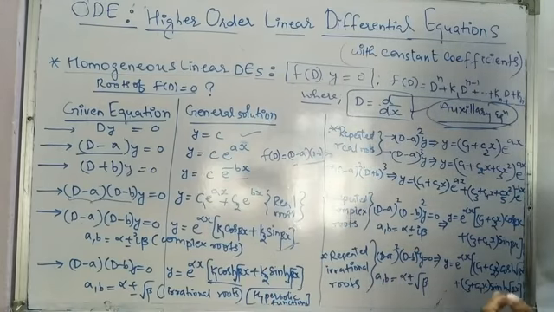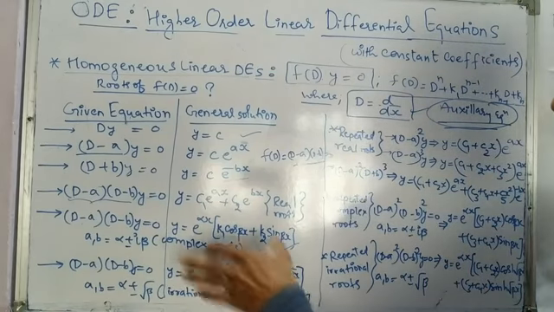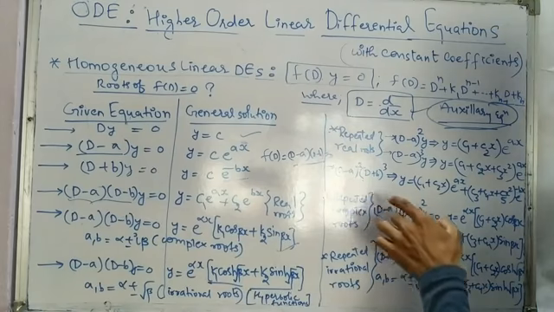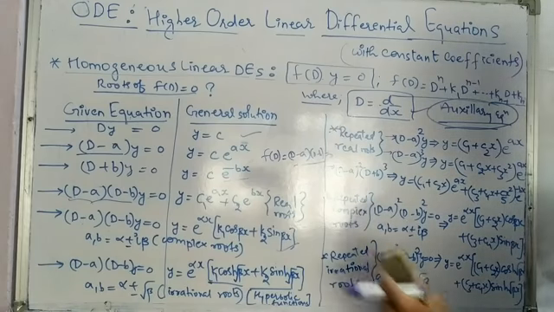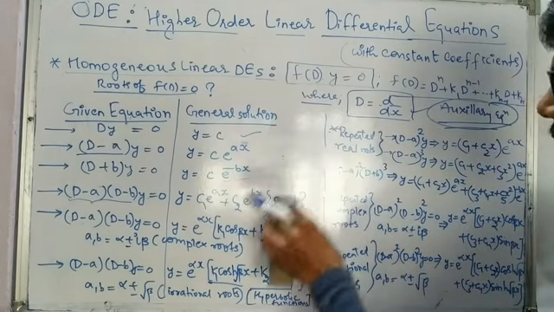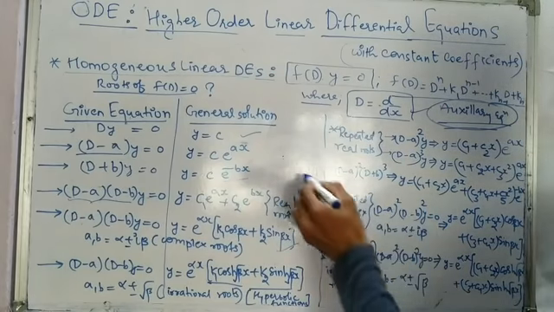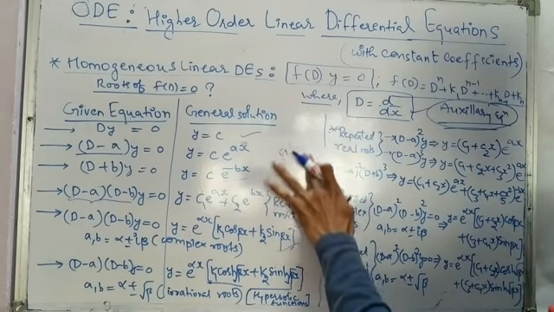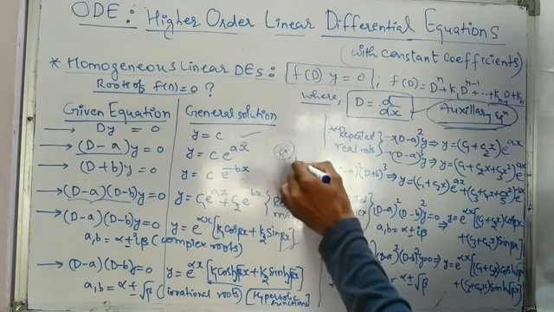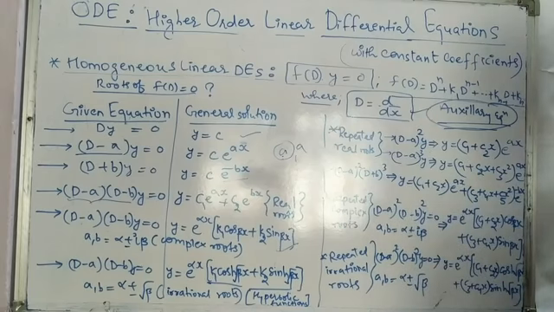And now let us discuss a few more formulas, because until now we have talked about the single roots. Here we are going to talk about the repeated roots. Again we are going to talk about all three kinds of roots, real, complex and irrational. But now let us say the real roots a and b are repeated, or say only one real root a is there, but it is repeated. Repeated means a and a. So D minus a whole square y is equal to 0 is the equation.